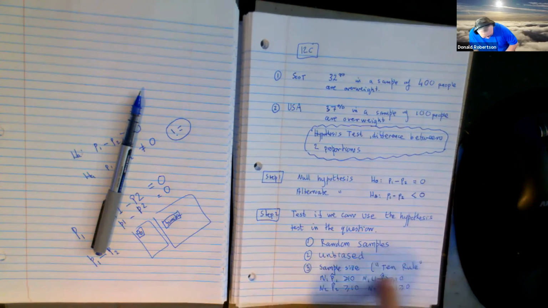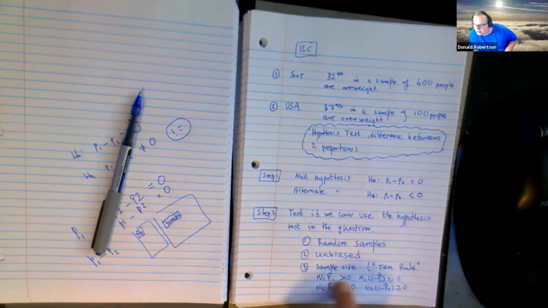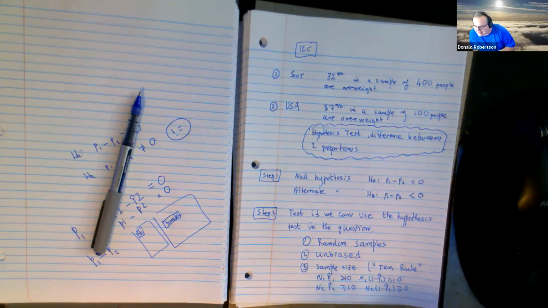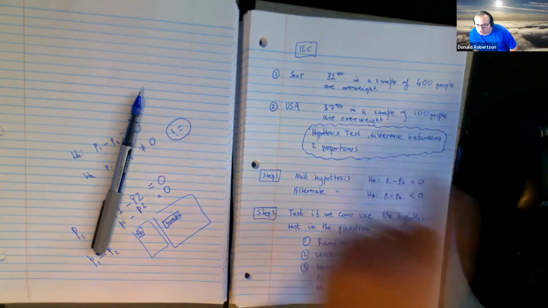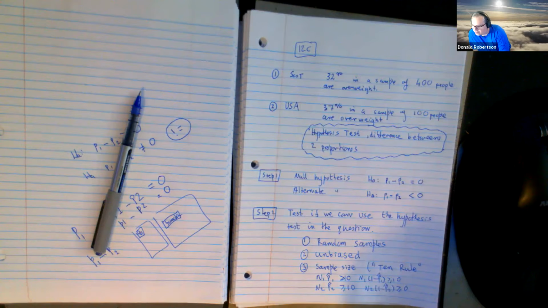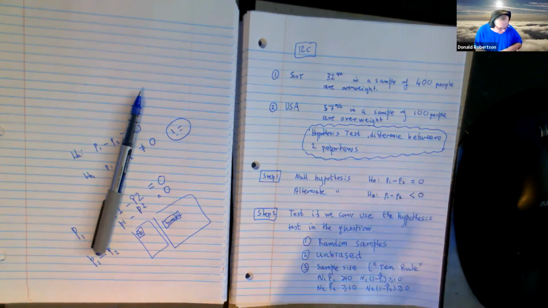That happens. I'm trying to remember the homework questions. Everybody passes that. I don't think I've got a homework question where this isn't true. But you have to be aware that sometimes that can happen. Let's be silly. It wouldn't be a good idea for me to pick 6 Scotsmen and 3 Americans and try and do a hypothesis test on it. Would you agree that 6 Scots and 3 Americans are just far too few people to even want to risk making any conclusions? So the 10 rule is just a way of keeping things honest, right? Having at least enough people that you know you can do an analysis with.